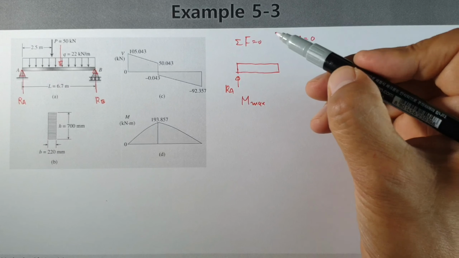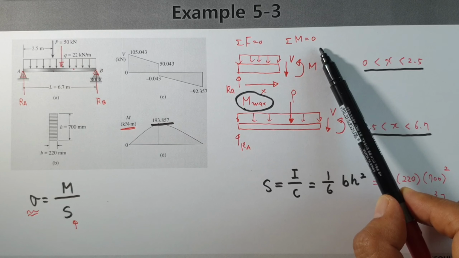Okay, I would like to repeat and summarize this example again. Firstly, our final goal is to find the sigma value like this one. The sigma value is given by M over S, and S is the section modulus. Section modulus is defined like this one. And the important thing is to find the maximum bending moment. In order to find the maximum bending moment, firstly draw a free body diagram like this one and find the RA and RB values by applying those